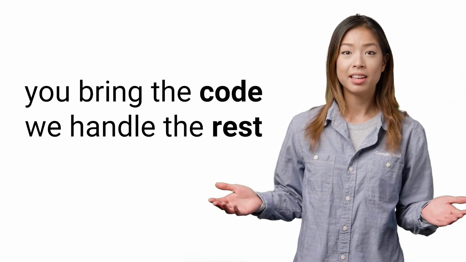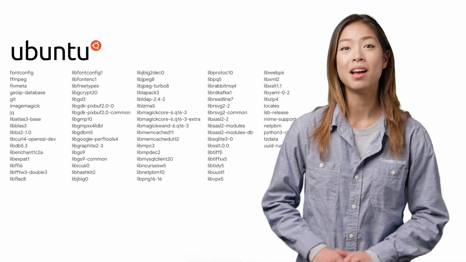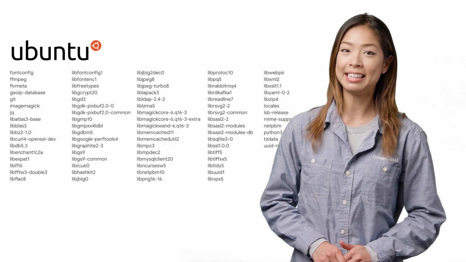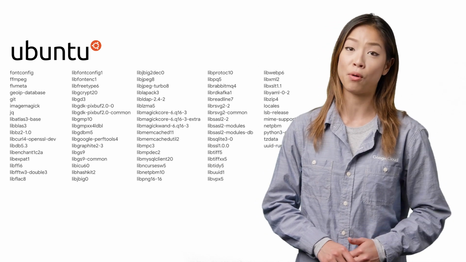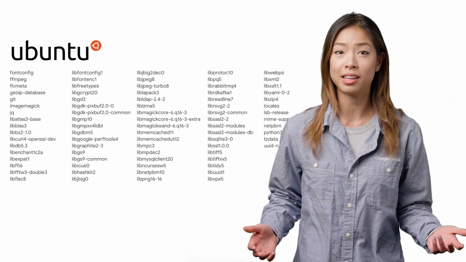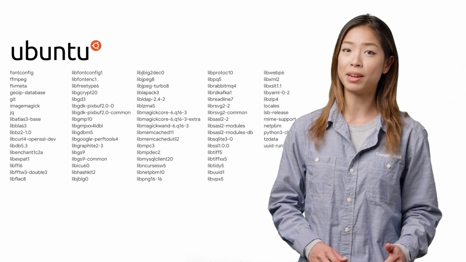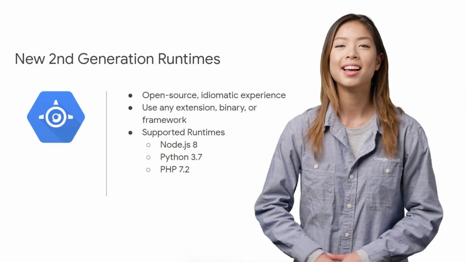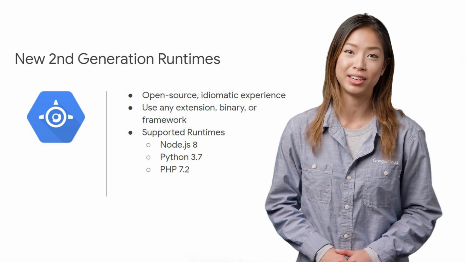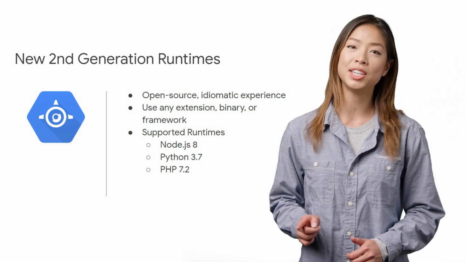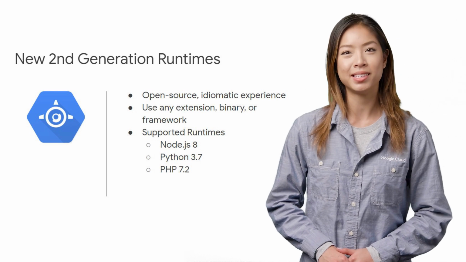So with this in mind, here are a few of the most important updates Google Cloud has made to our serverless offerings. Firstly, back in March 2018, GCP updated the base image for our serverless offerings to Ubuntu 18.04, which gives access to a broader set of system libraries and enables all of our serverless offerings to see some important benefits and also some new capabilities, like App Engine, who, for its 10th birthday, gets the awesome present of second-generation runtimes, allowing you to develop GAE applications with Node.js 8, Python 3.8, and PHP 7.2.